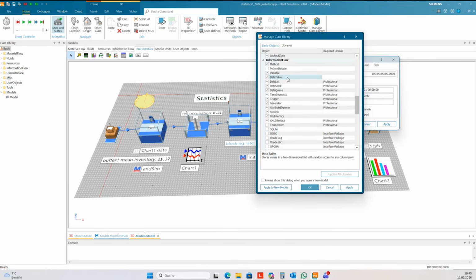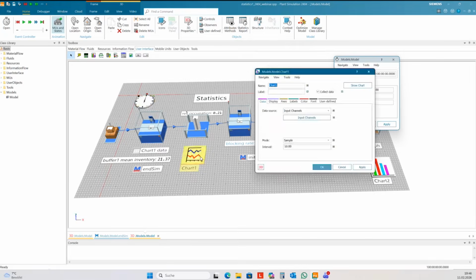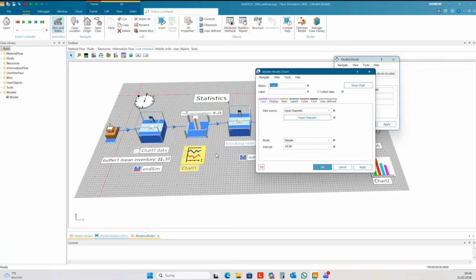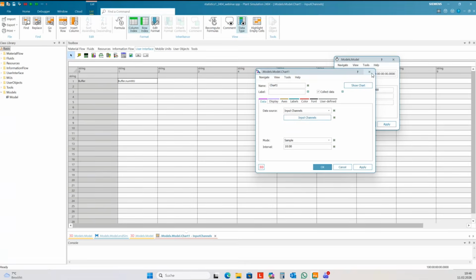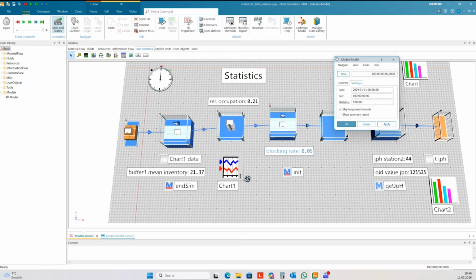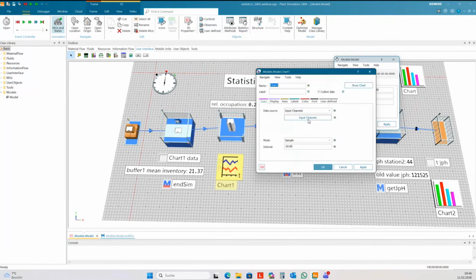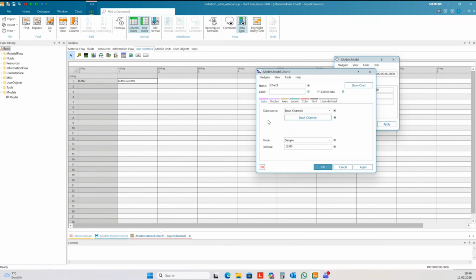Is it possible to plot machine statistics for multiple machines within one chart element? Yes, just track them all together to one chart. Here it's input channels, and if I track the next buffer to this chart, then I can copy this here.